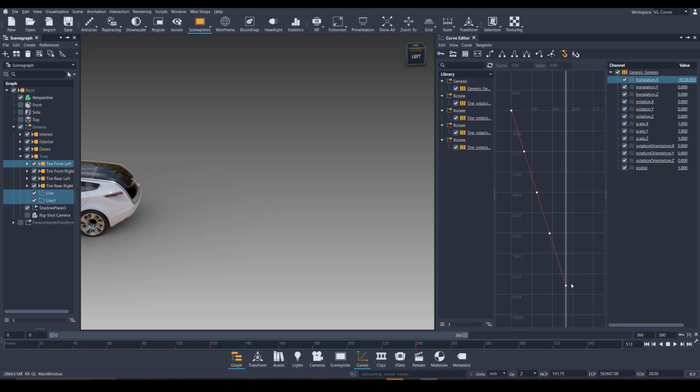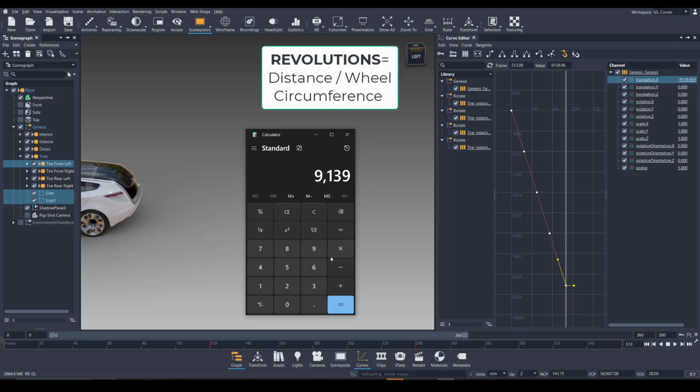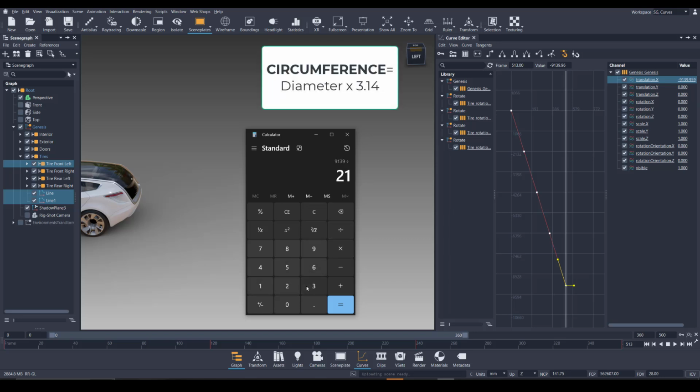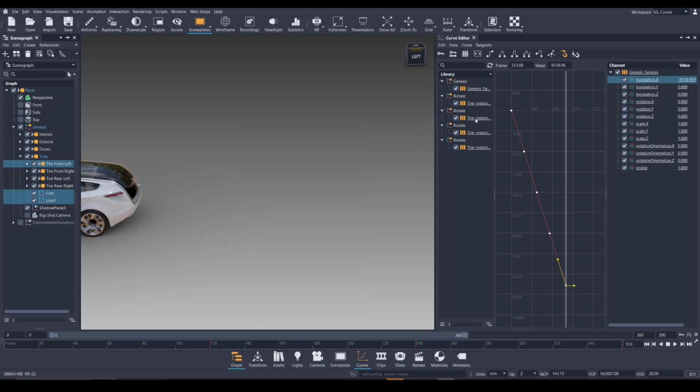If instead of being provided the distance the vehicle travels, you have instead how many times the wheels spin around, you can use a similar formula. I would just take that distance driven, which is 9139, and I would divide that by the circumference, which is still 2138. So this is telling me that the wheels should rotate about 4 1/4 times by the time it gets to